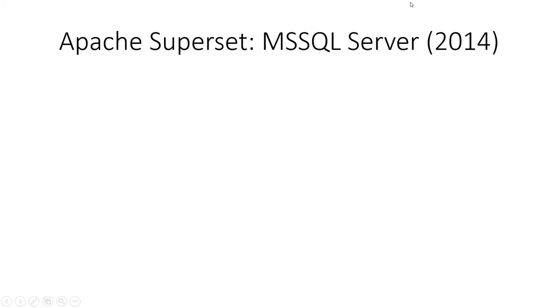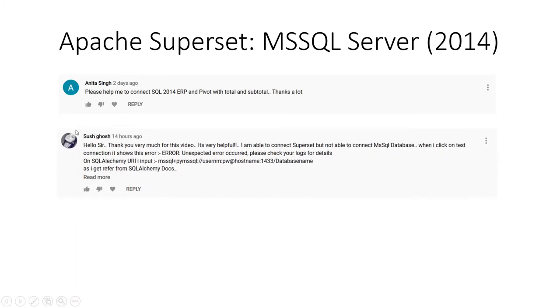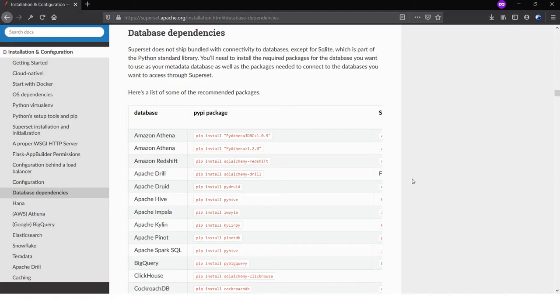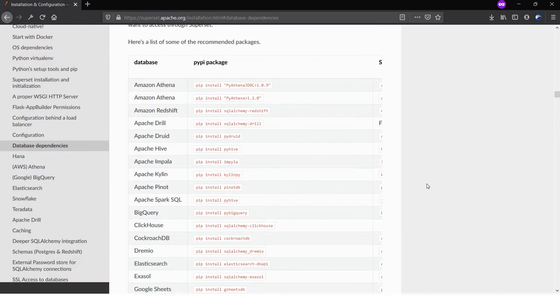So this is our focus today, and I've had requests from people like Ganita and such. They tried to connect Apache Superset to Microsoft SQL Server, and they were all having some challenges and couldn't connect. For example, Sushi, as you can see, was using PyMSSQL as the driver for the connection, which, if you scroll down in the documentation, you're going to see